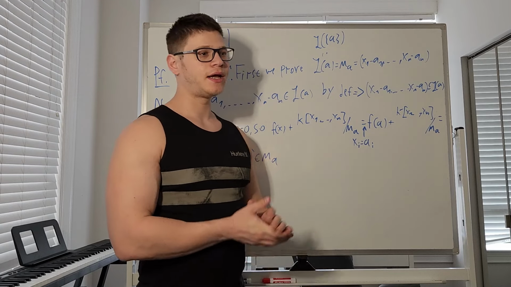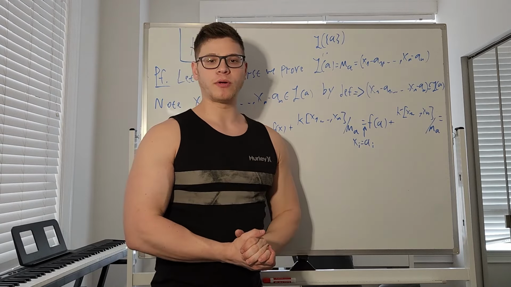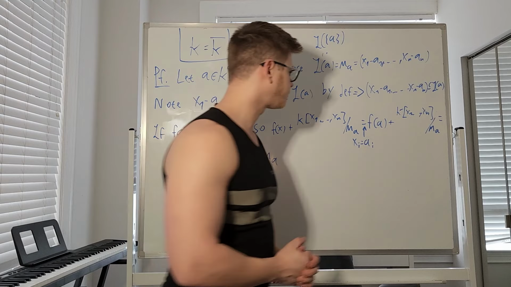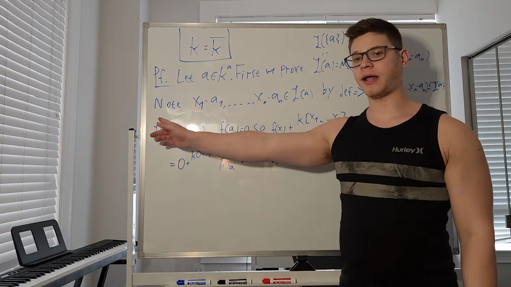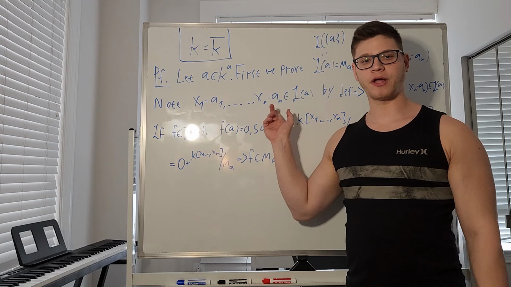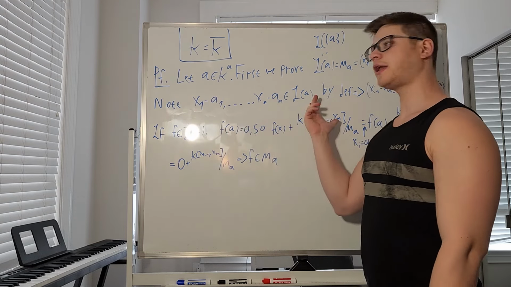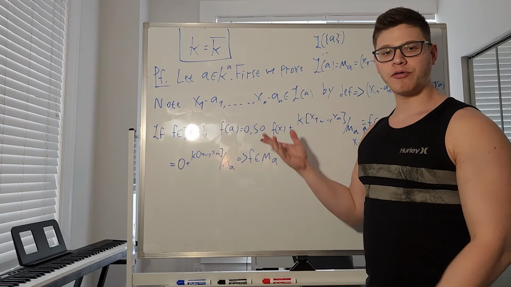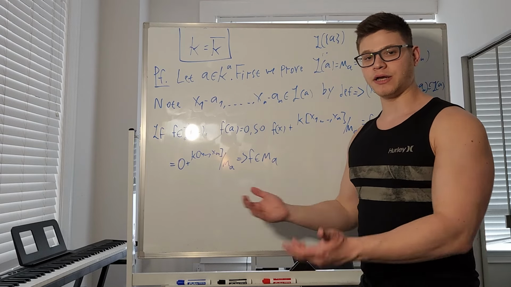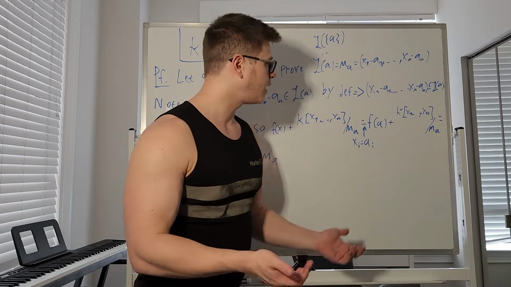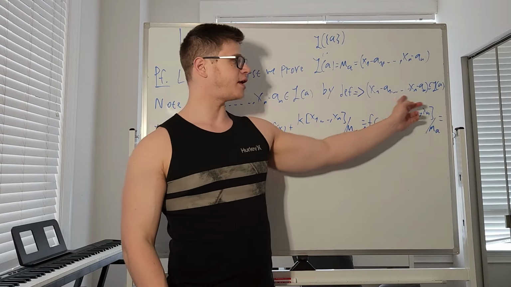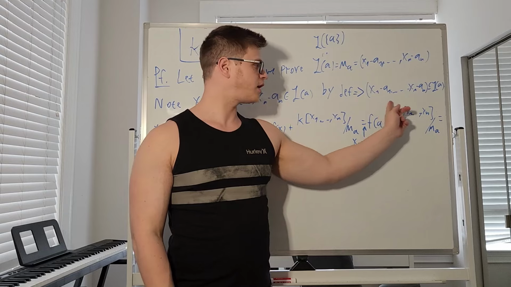So we claim that this is the ideal of all polynomials that vanish on A. First of all, note that if I plug in A, I just get a_i minus a_i, which is 0. So these are all in I_A, but this is an ideal. So by closure under ideal operations, we get that by definition, this ideal M_A, which is generated by these elements,